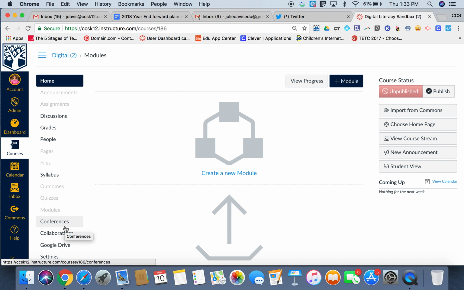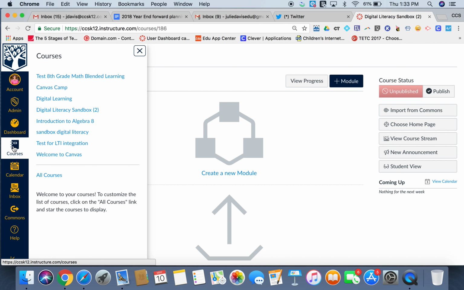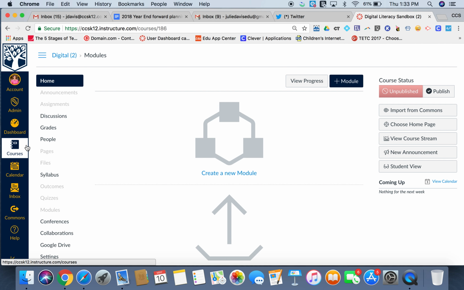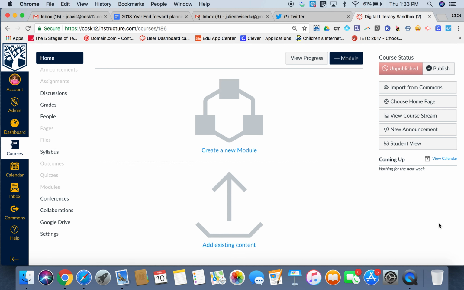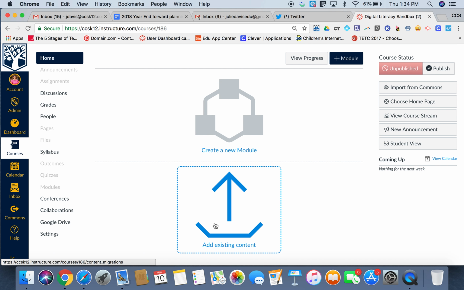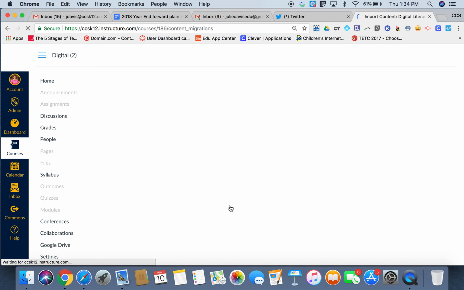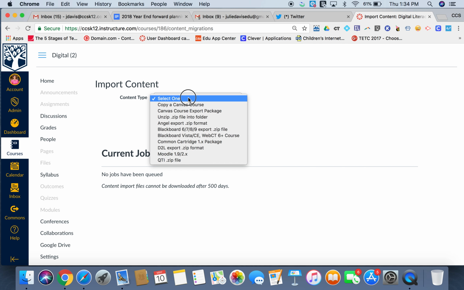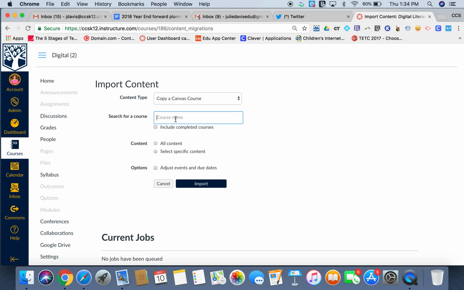So the next thing that you need to know is once you get those courses in there, it's not a big deal to move all your course information from one place to another. So let's assume that I created this course, or let's assume finally RenWeb, all your classes get updated, and I want to add the content that I did in my Sandbox into this course that I now see when I go to my dashboard. To do that, when you enter, you're just going to click on Add Existing Content, and I'm going to go down to Copy a Canvas Course, and you've got to know the exact name that you named it,